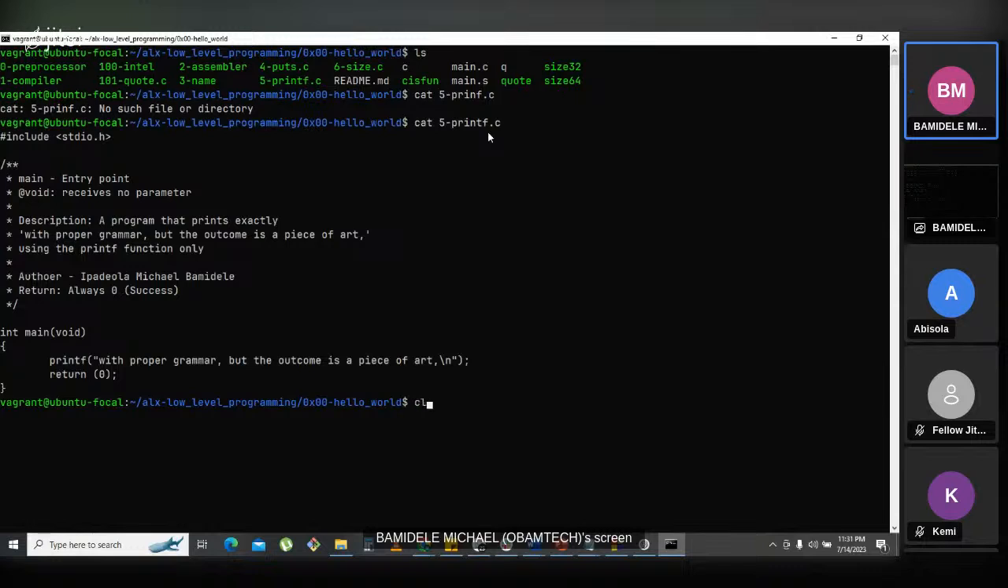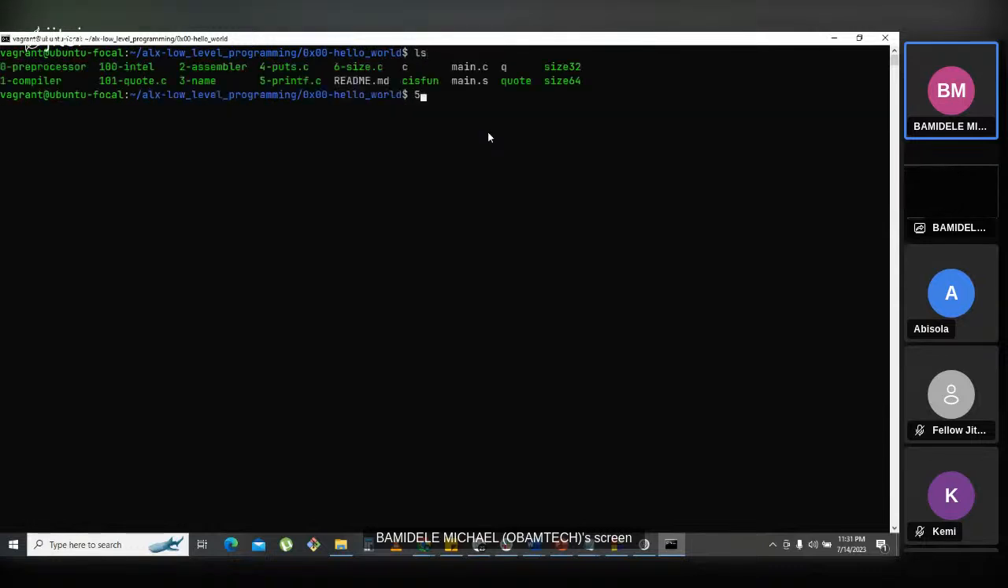Let me clear my screen. I can say 5-printf.c, and probably the new file that I want to do my project on is my_c_file.c. So all I want to do is copy the content of 5-printf.c inside my c file. I'll just use the cp command. When I use the cp command